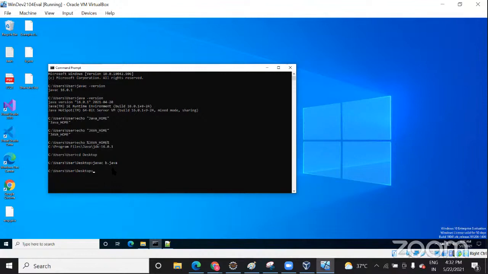So I have run this program. I have compiled this program till now and I want to run it. For that I need to type java, and what was the name of the file? b.java. No, what was the class name? Sorry, the class name was Bhavesh. You need dot class also? No, you need only the file name while compiling, but when you run it, you need the class name. So when I run it, you see, I got the output, right?